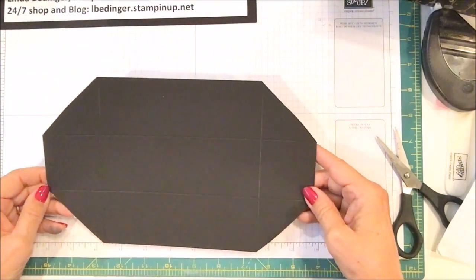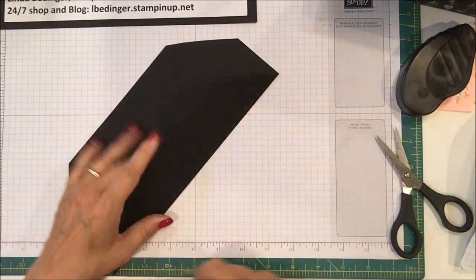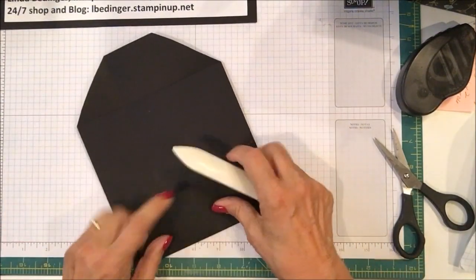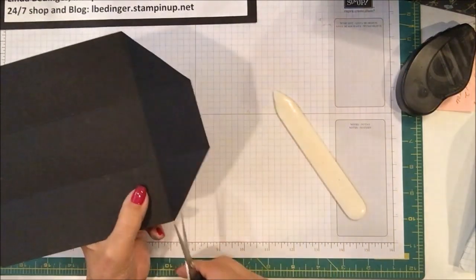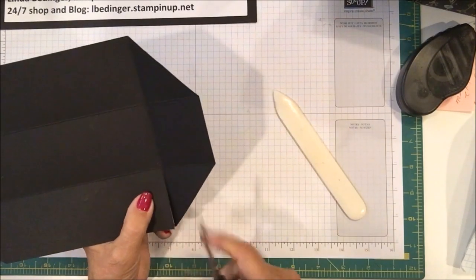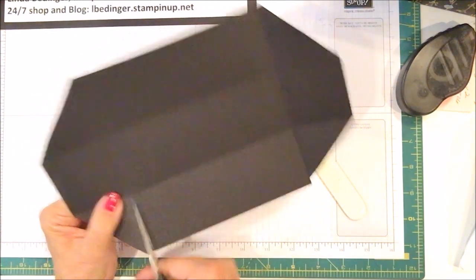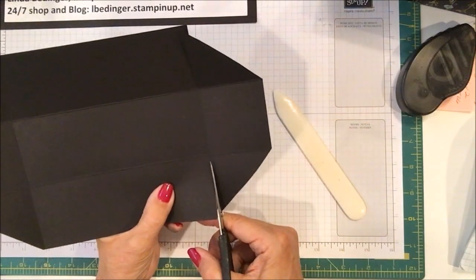And so now I need to fold and burnish my score lines. And then we're going to cut up the score line on one corner of this little triangle to create a flap on all four sides. So we're going to cut here, turn it around, and do the same thing on this side. Cut up that score line,